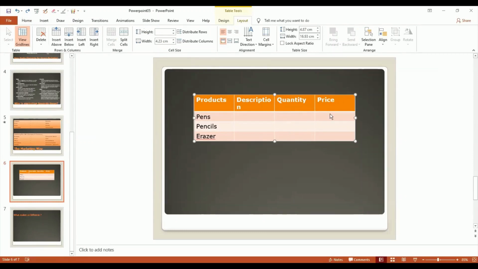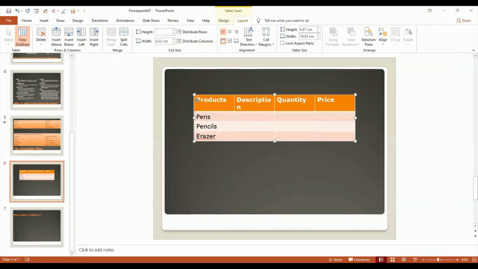But when I get a table, it's very important that my table has a balance. My rows should be of the same size, my columns should be of the same size, and at the same time the content that I type should also fit inside those respective rows or those respective columns. So here there is an option known as distribute columns, distribute rows. If I do distribute columns,